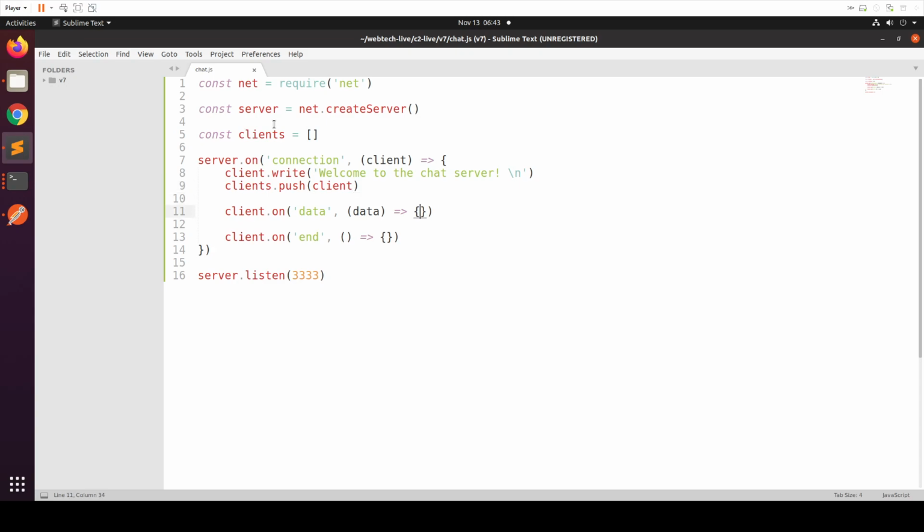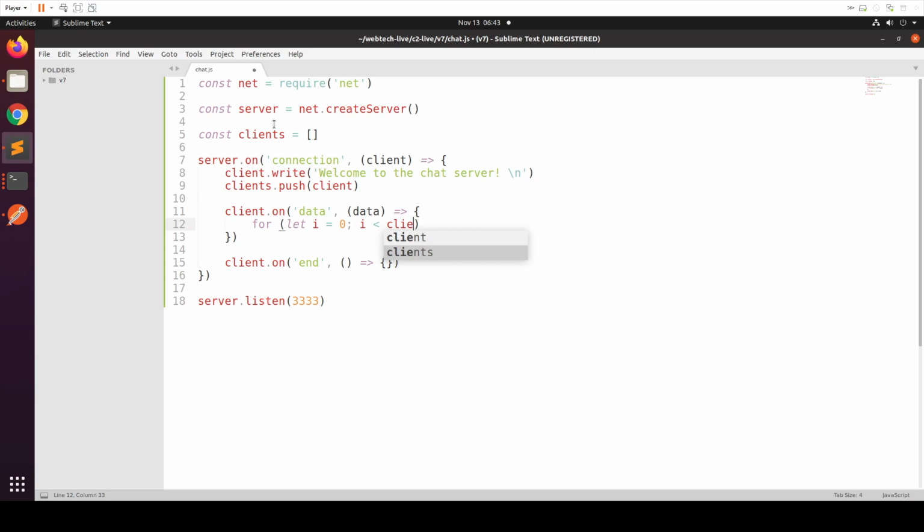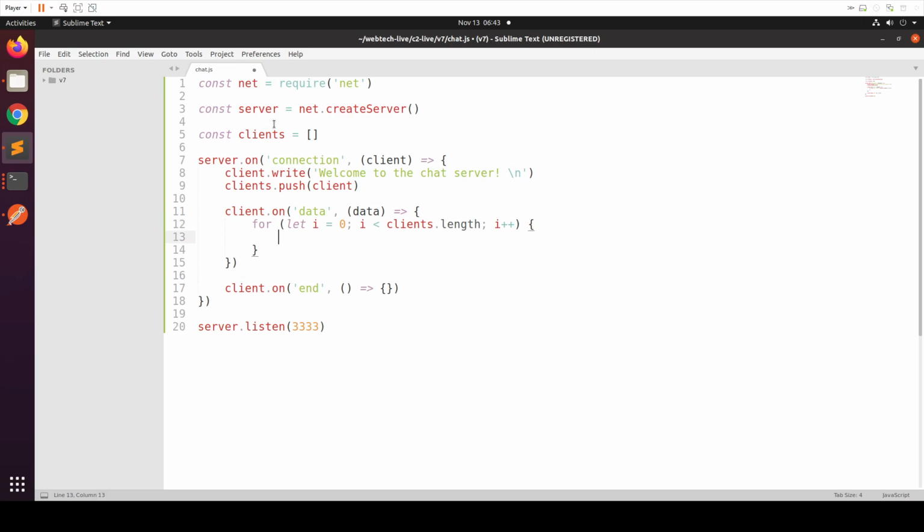So whenever we have data, what we're going to do is we're going to iterate through the list of clients. And if it's not us, we're going to send them the data, right? So if clients of I is not our client,